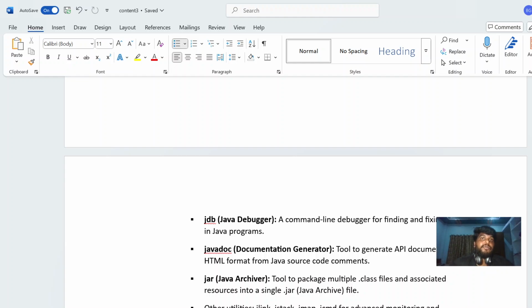So we are developers, right? We are creating the code. We are not executing the Java program, we are now creating the Java program. So what do we need in our system now? We need a development kit. So let's install